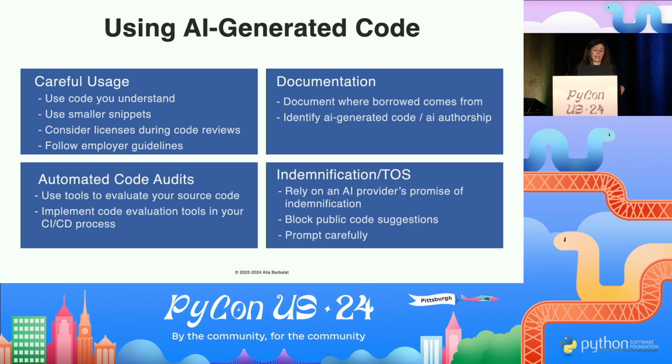And then in the same vein, automated code audits are super helpful here. You can use tools to do source composition analysis that will both look at all of your source code and compare it to open source repositories to see if there's any matches, as well as look at all of your imported licenses to make sure that the downstream flow of licenses is all in compliance. Once you find the right tools, you can implement them into your continuous integration, continuous deployment process, so that tool's running automatically every time you push.